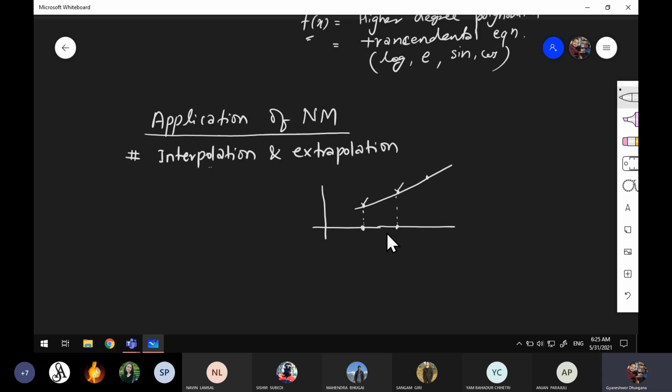But we have to find out how much the function gives for an intermediate value, which is not exactly given in the problem. This kind of problem is called an interpolation problem. Here, actually, the exact function will not be given,